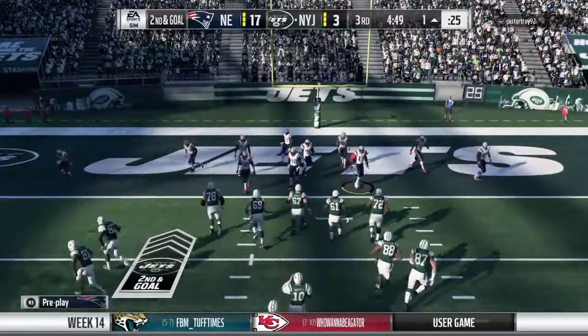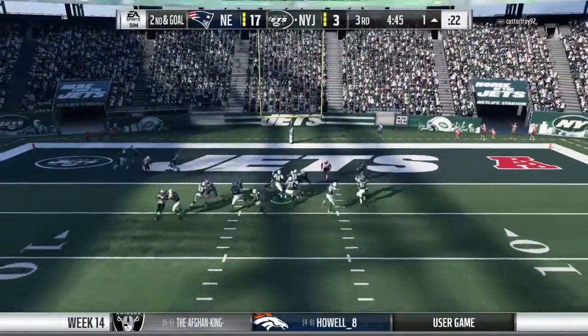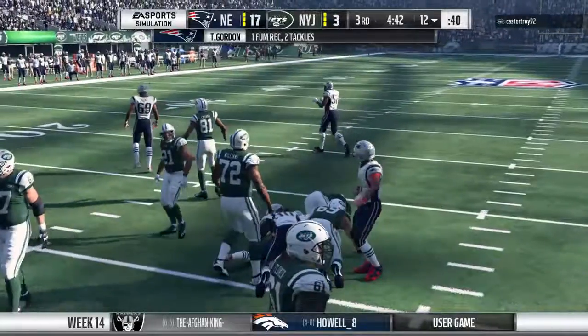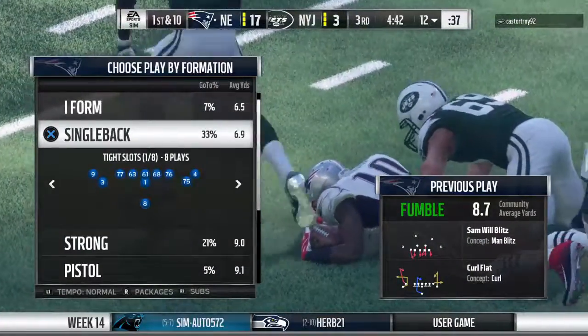And the D-line pinching together must be expecting the run. Now Garoppolo throwing on 2nd. Oh, he tried to pitch it, and the ball's loose. And the Patriots have it. I'll give some credit to the defense. They forced the big play, knocked the ball free from him, but